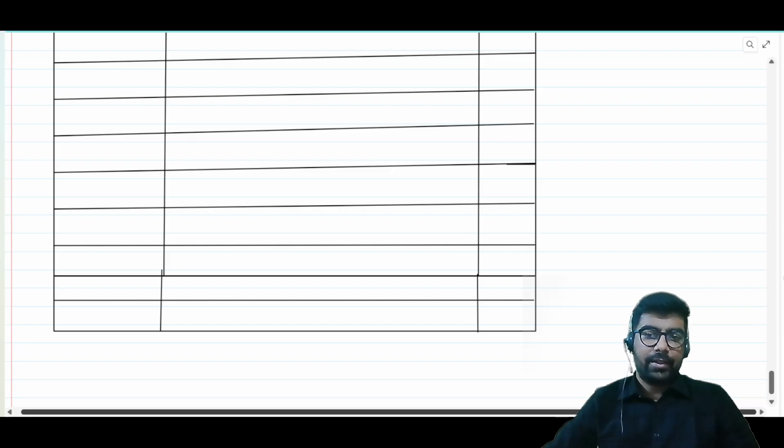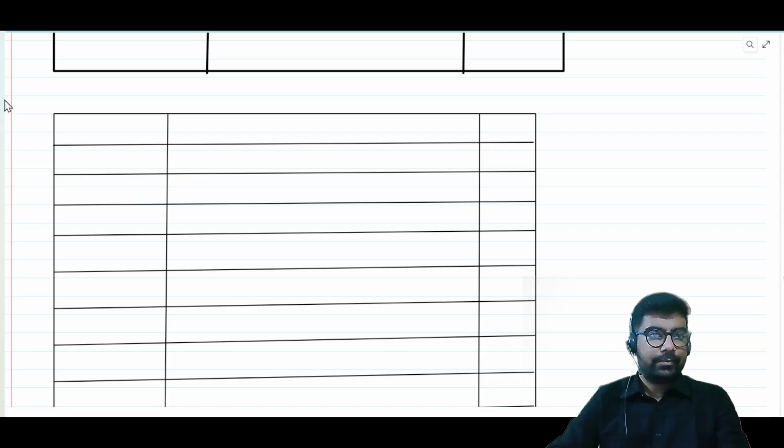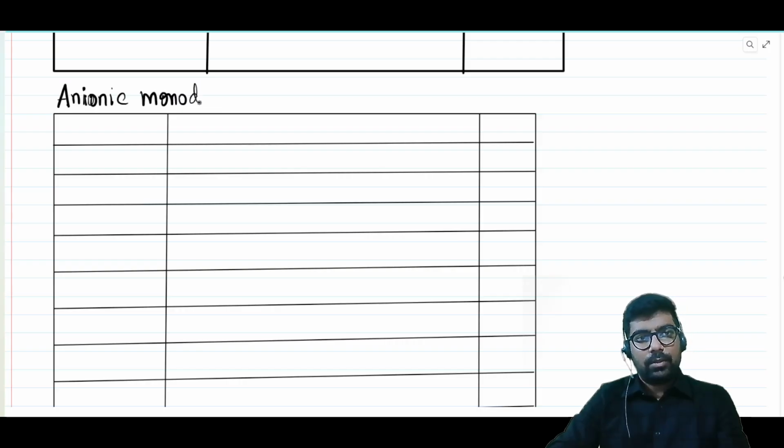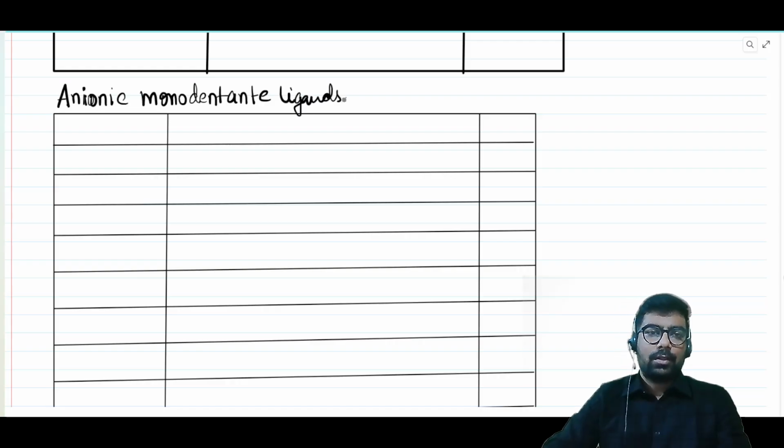Anionic monodentate ligands. As the name suggests, the first thing you need to know is that these are anionic, which means they will have a charge, maybe -1, -2, -3, whatever it is. Anionic monodentate means they have only one binding site. Okay,